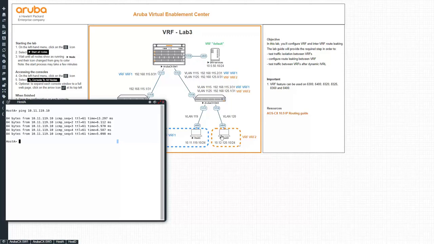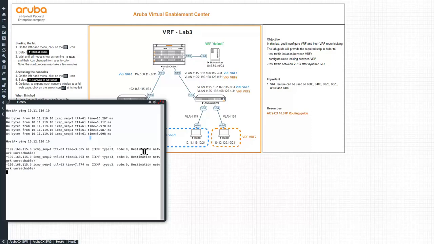And then let's check if we can ping VRF2, which we do not want. As you can see, there is a destination network unreachable, which is expected. So we have no communication between host A and host D, as expected.